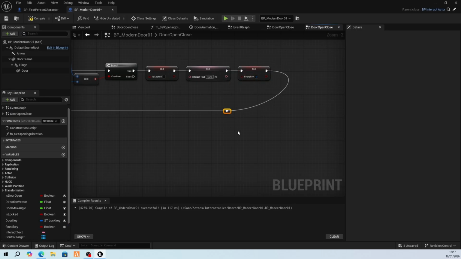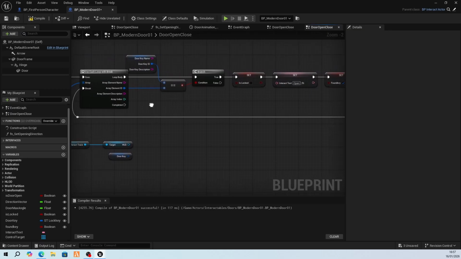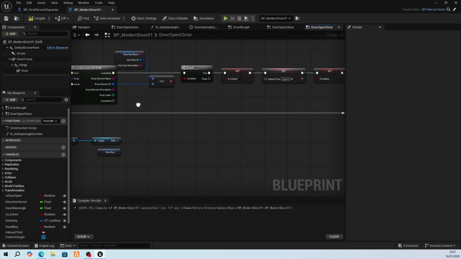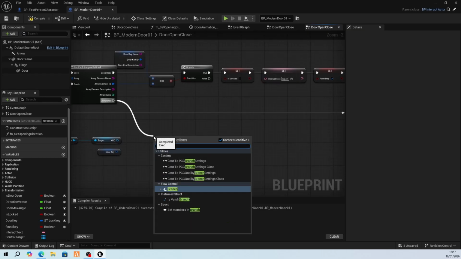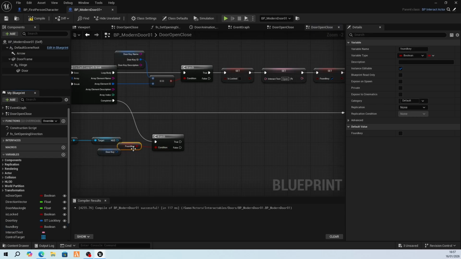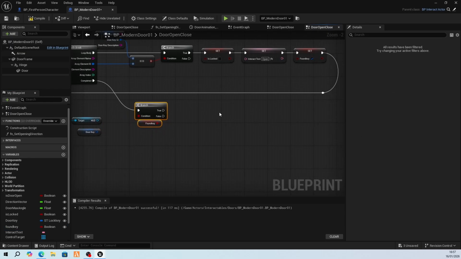What that does is that tells us when we've completed this, whether we found a key or not. So when it comes out of here, because regardless of whether it finishes or not, even if you break, it will always come out here. So we need to now check. So branch, there we go, branch, on found key. If we have found a key,